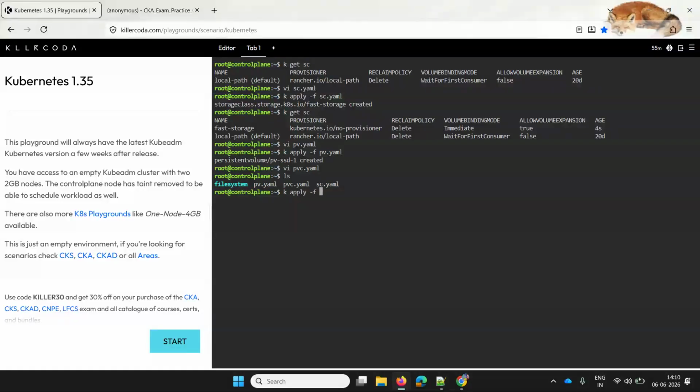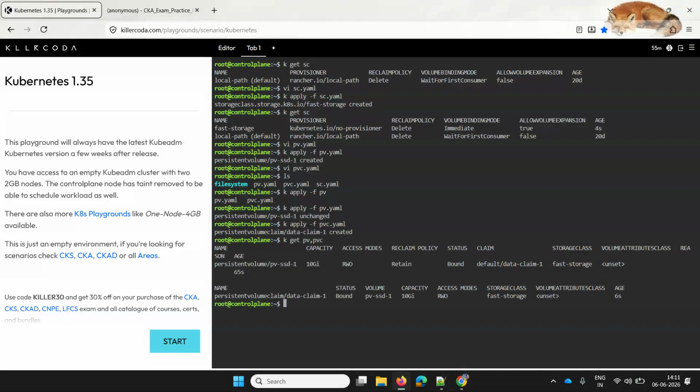First I'll create a PV, and then I think PV is already created. Now pvc.yaml, let's apply, and that is also created. So if I verify it, both are using the fast storage class, and both are bound, in the bound state. Since this fast storage has allow expansion as true, let's keep it like this, and let's also